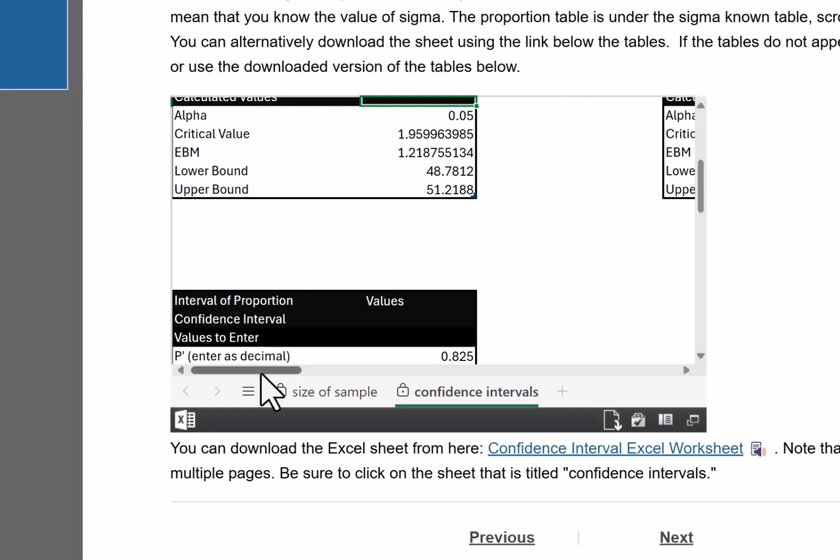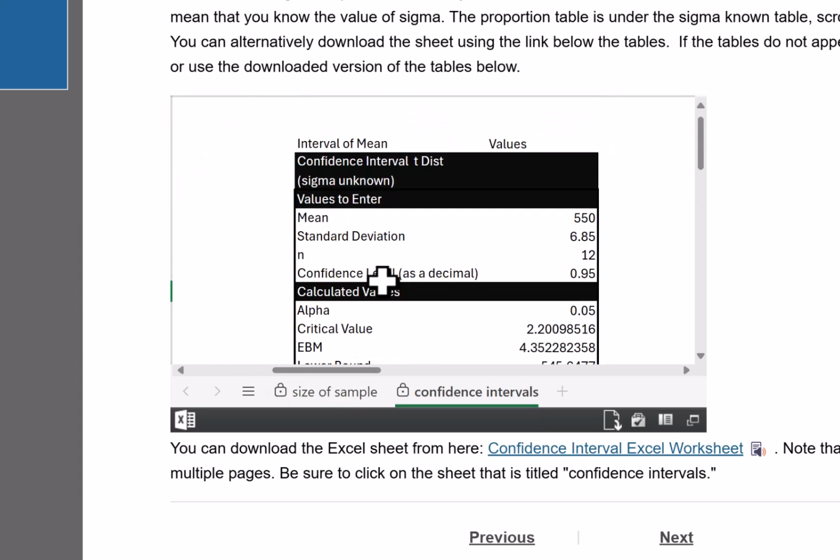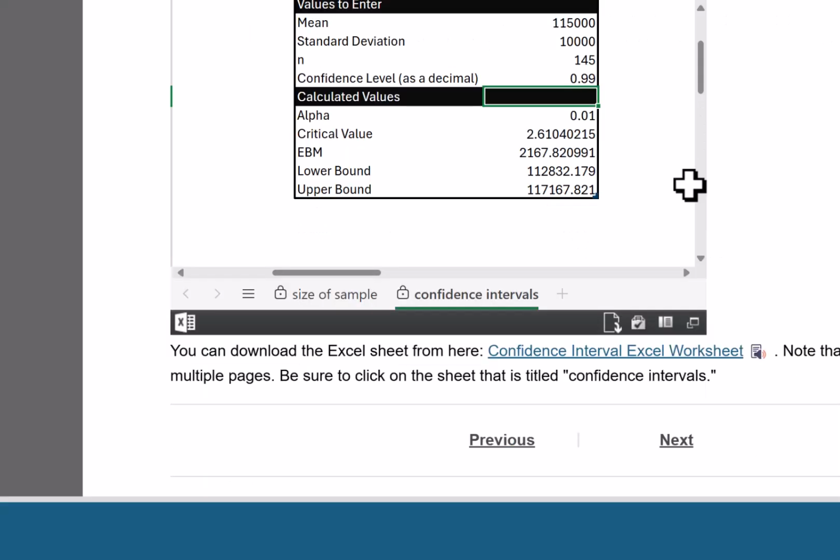So in our calculators, we're going to scroll to the right and scroll up to use the confidence interval for the t-distribution, which says sigma is unknown. We put in our mean of 115,000, our standard deviation of 10,000, we had 145 in our sample and a 99% confidence interval. This says our starting salaries are $112,832.18 to